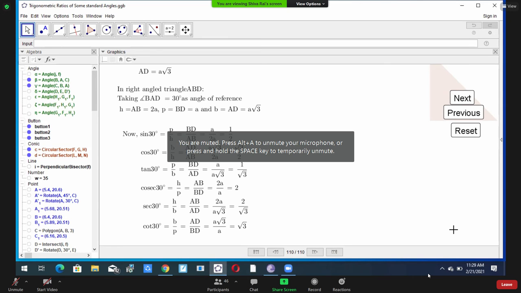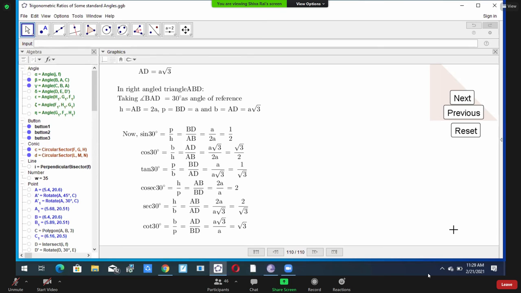Do more and more practice. These are very important. You always need them. If you want to choose optional maths for other classes, these are very basic things. These are very basic things you always need. If you are not remembering this, you cannot go ahead. These are fundamental things. So try to memorize all these things. But it will be easy to remember if you are drawing the figure. From the figure, try to get these things.